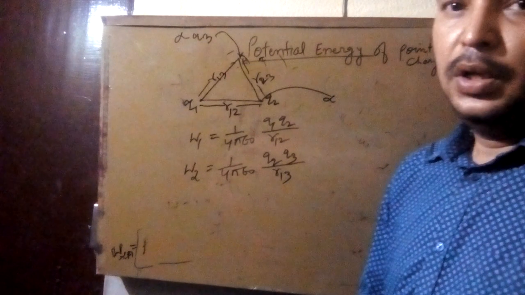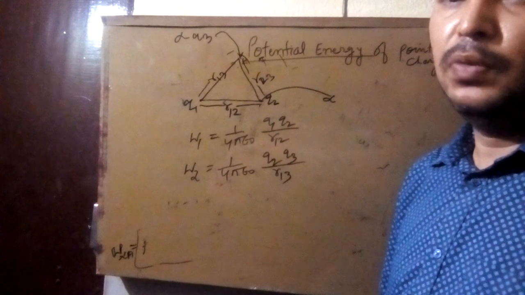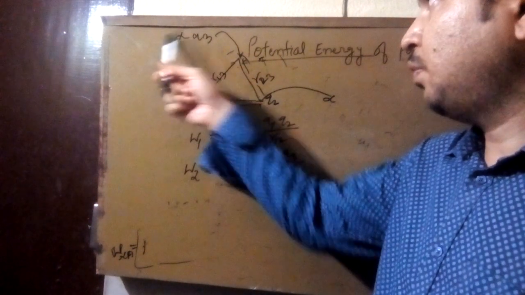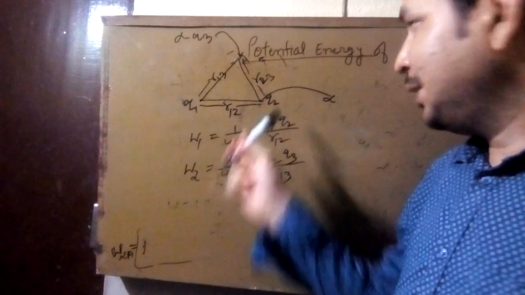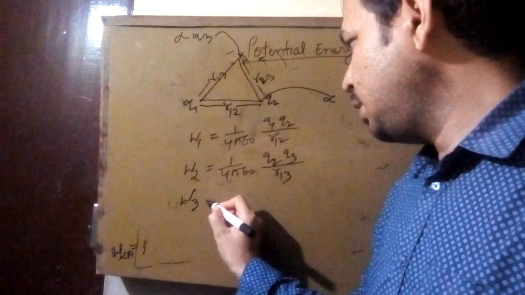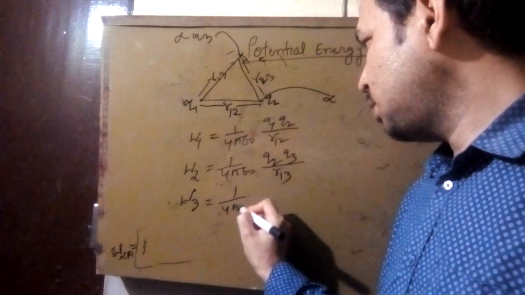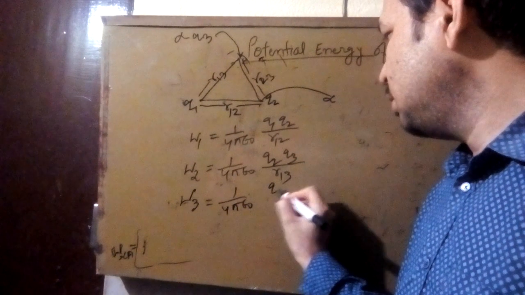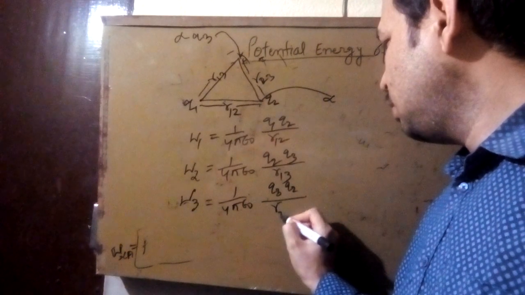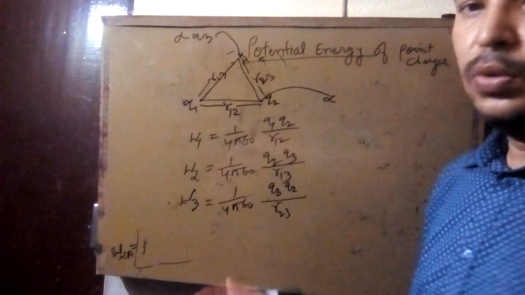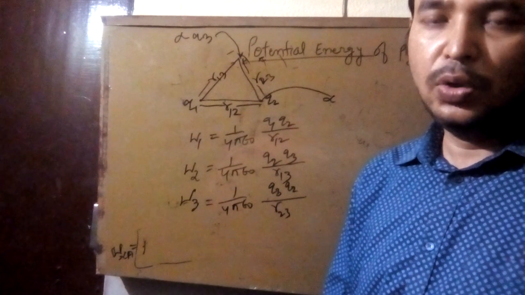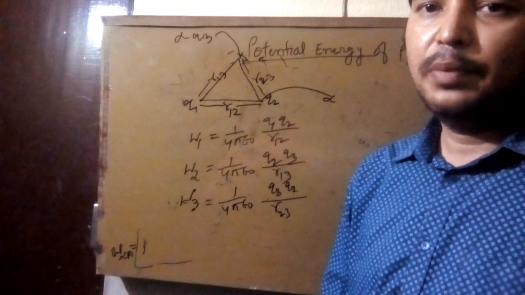Now, at the same time, we are doing work against the electric field of Q2 also, to bring the charge Q3 from infinity to this point. So, against the electric field of Q2, how much work are we doing? Just now we have calculated, with the same formula, 1 by 4 pi epsilon naught, the product of the two charges, here Q3 and Q2, and the distance between them is r23. So what is the total work done to assemble this charge? That total work done is stored in this system of three charges in the form of potential energy.